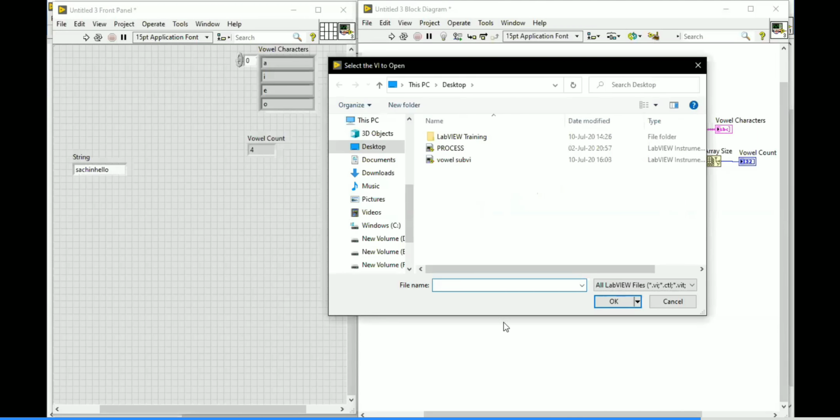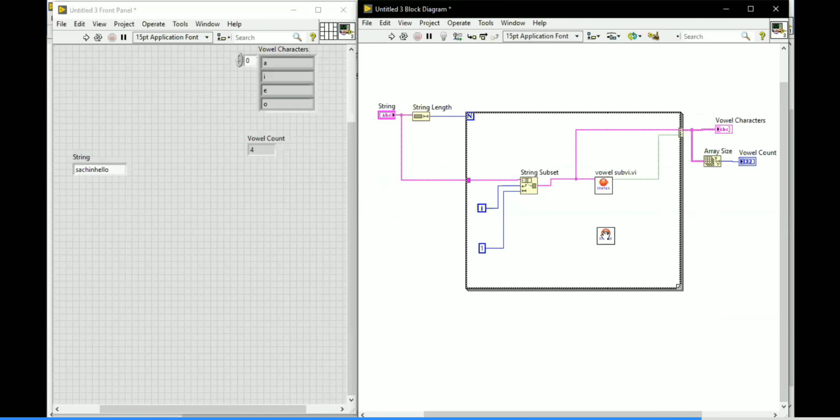Go for Select a VI and choose the VI you made as a sub VI, click that VI, and keep it there. That's it, so do this problem.